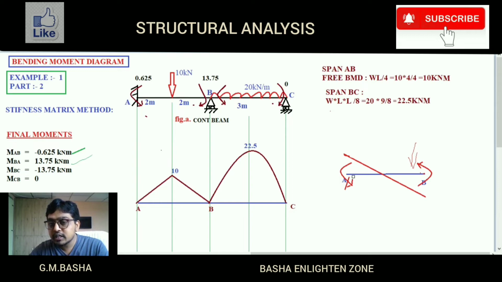See here, initially the beam position will be like this. Whenever a force is applied, it will move in the forward direction. Then the beam position will be up to here. And again whenever a force acts, the beam position up to here goes in the downward direction. How much it moves forward depends on the application of the force. For example, if I am applying 10 kN, you will take the ordinate as 10 units. If it is 20 kN, you will take the ordinate as 20 kN meter. In the same way I will explain this model also.